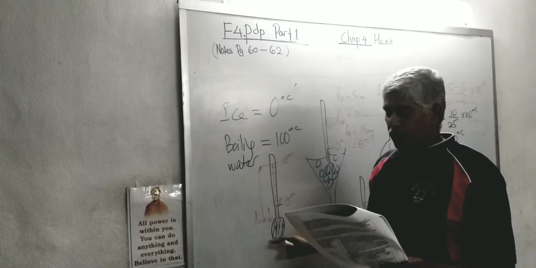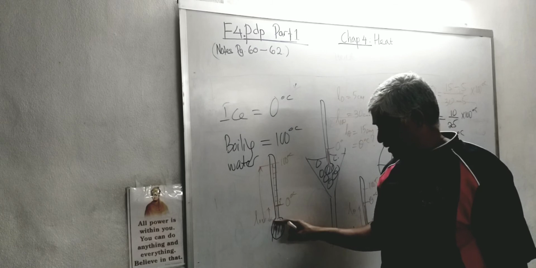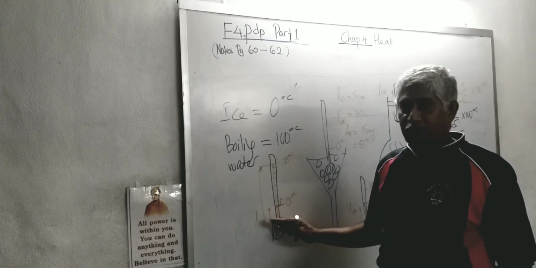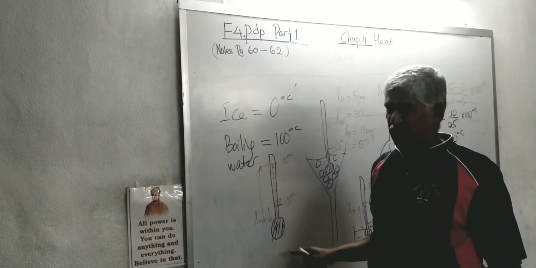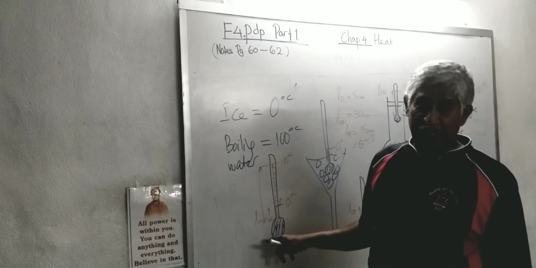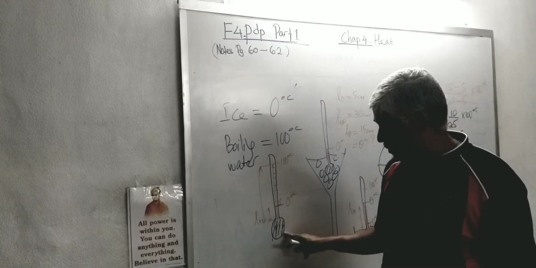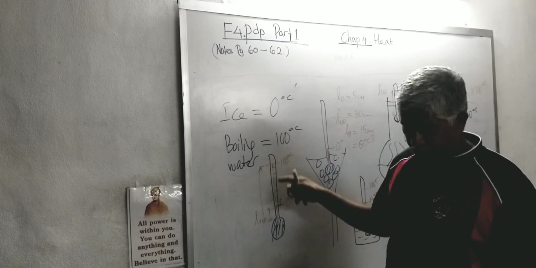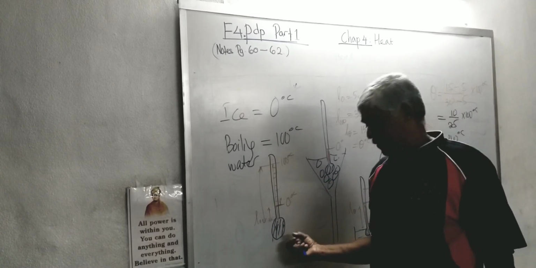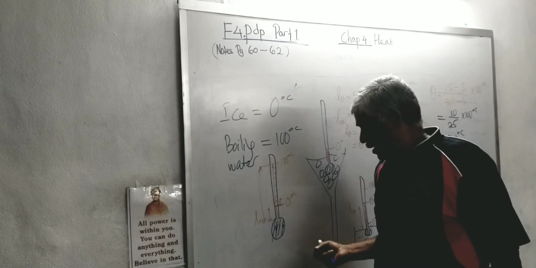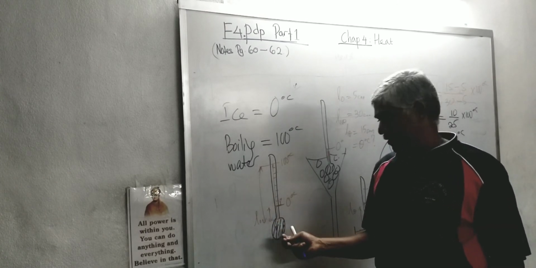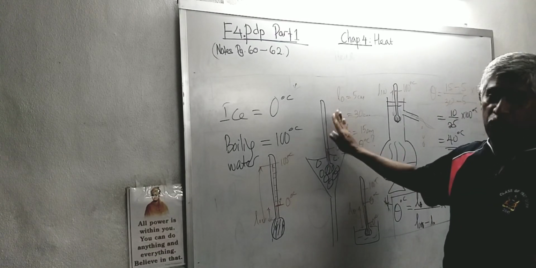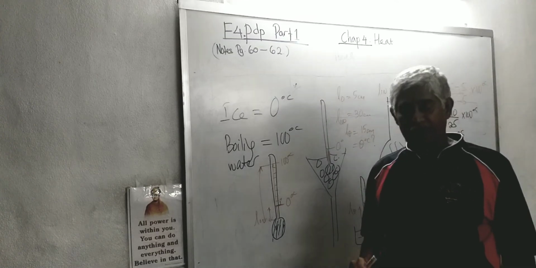So what we do is we make a thin capillary. The bulb must be thin, meaning the glass is very thin, so the minute it touches, it absorbs the heat and the temperature goes up. If you make the glass too thick, it takes a very long time for the heat to be transferred to the mercury. Number 2, you must have a very fine capillary tube, and the bulb must be large enough to absorb as much heat as it can. Remember, no matter how long you put it, after it reaches thermal equilibrium, the temperature won't go up. That's the main idea here.